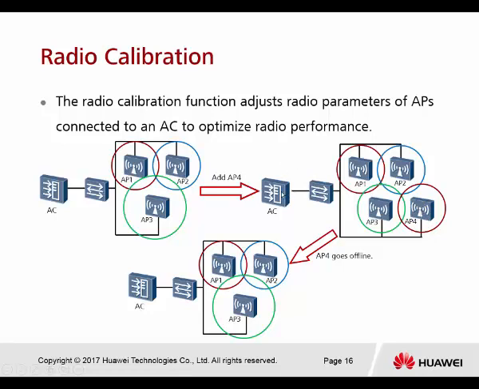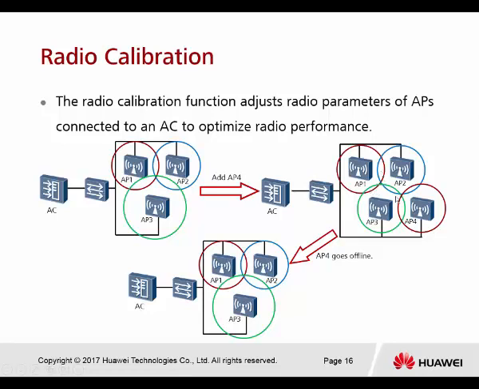And I already enabled the radio calibration on my controller. So all the APs will try to scan the surroundings. They notice they have another party joined to the network, and it has another coverage in this area. So AP number 3 will try to reduce its own coverage distance to reduce the interference. So you notice right now, comparing the previous and the after, AP3 has less coverage,